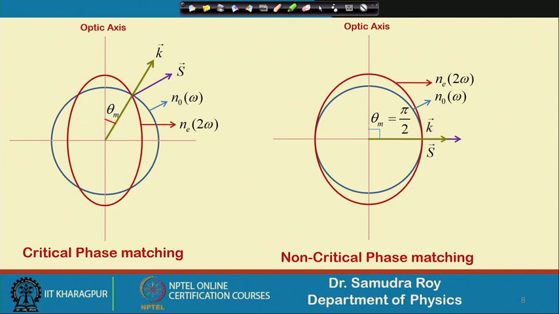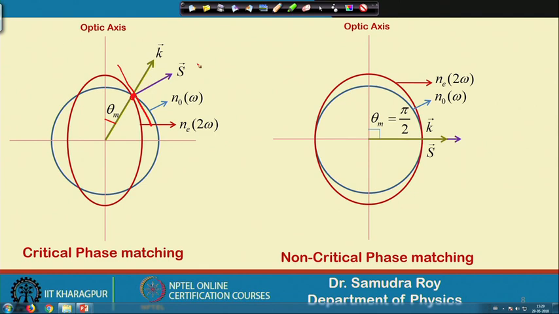So, there is a cutting point, as I mentioned, at an angle. This is basically called critical phase matching. Once we have this angle at this point, they are matching. So, k is in this direction, and when k is in this direction, s has to be in a different direction, because s should be perpendicular to, if I draw a perpendicular line here on the surface, then s has to be perpendicular to that. So, there is an angle difference between k and s. We know that this is called the walk-off angle. So, k and s will not be in the same direction for the critical phase matching condition.